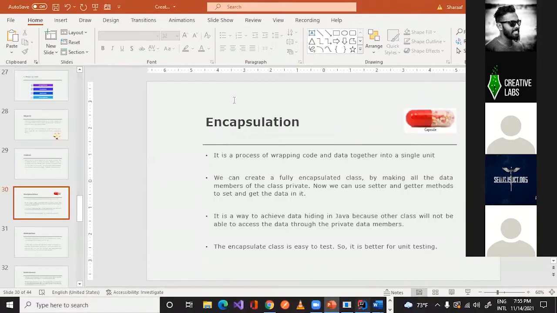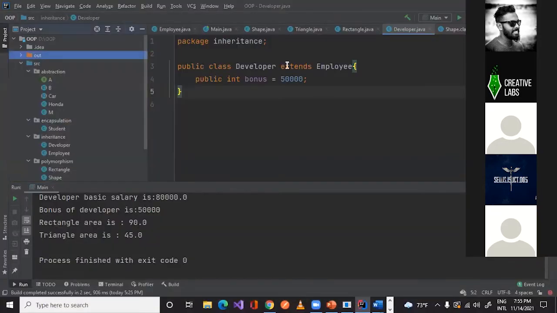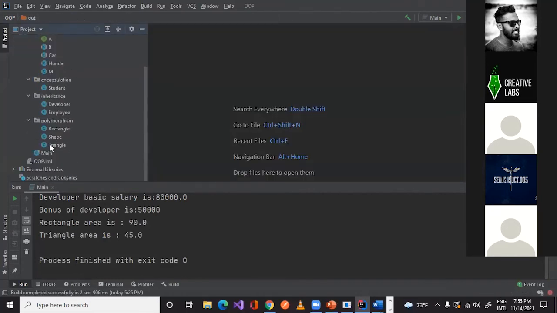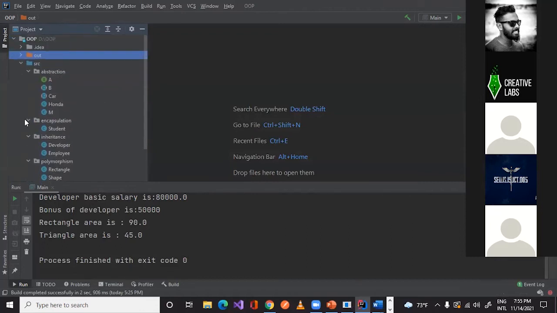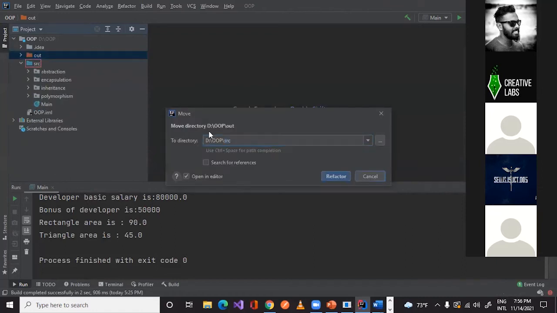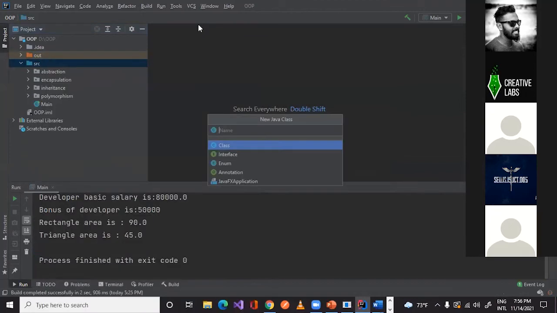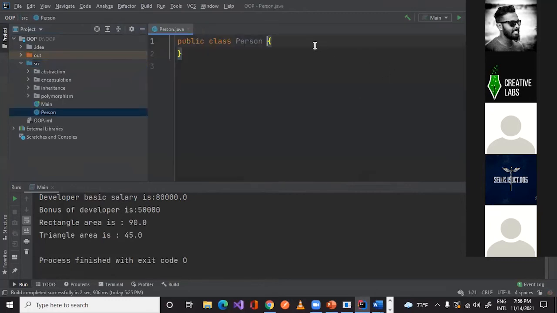I'm a Java-related person, so I will create a class like this. This is based on Java, so it might differ in other languages. Let's say a person. So we have a Person class here.